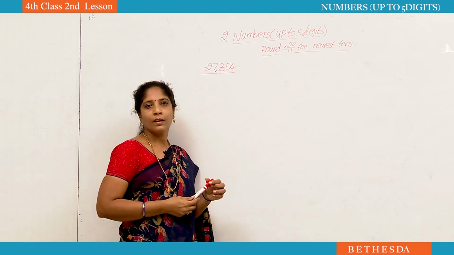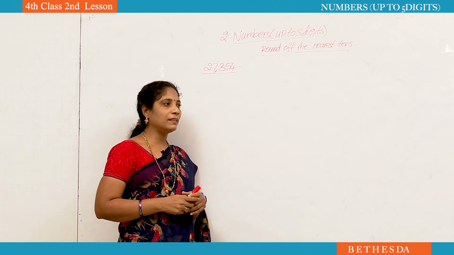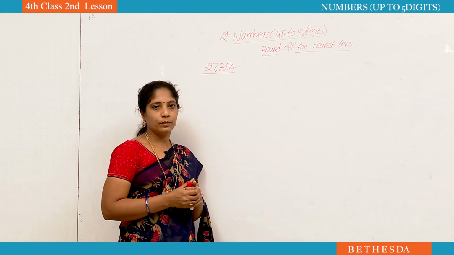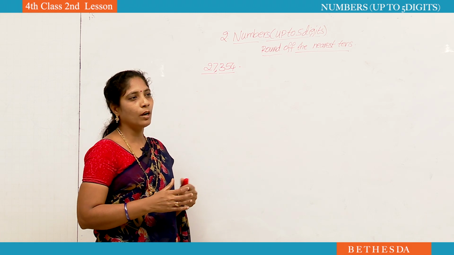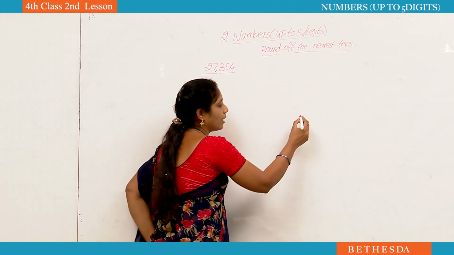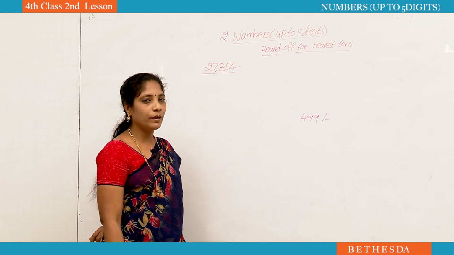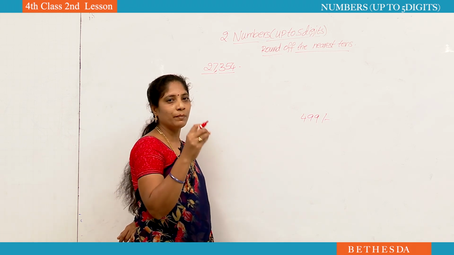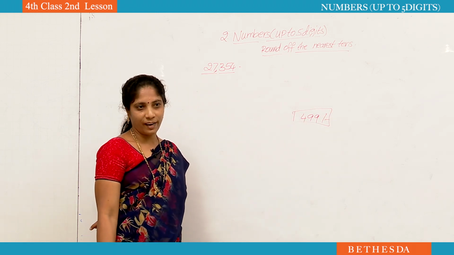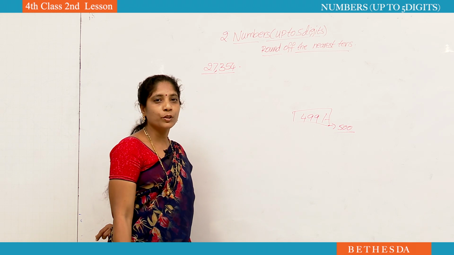Maybe you can ask. For example, you went to a shop. Your mother gave you 500 rupees to buy a pair of shoes. You went to the shop, there you bought a shoe, the shoe cost is 499 rupees. What is the cost of the shoe? 499 rupees. Okay, you came back home. If your mother asks what is the cost of the shoe, what will you say? Will you say 499? You will say 500. Yes, that is the approximate value.